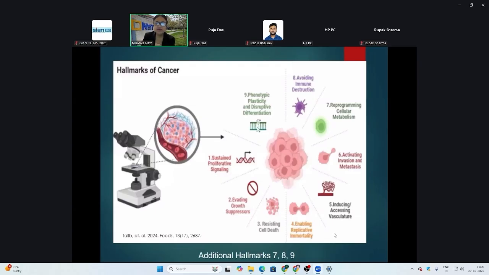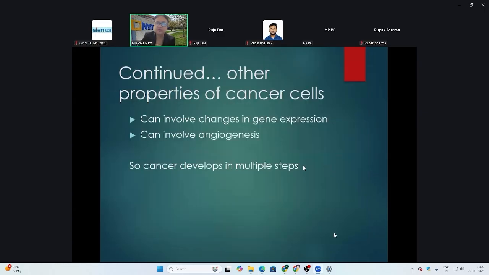And if we combine all of those multiple steps and add in further requirements, then we find out that throughout all the multiple steps, and including the tumor microenvironment, it seems to have additional hallmarks, additional requirements, hallmarks 7, 8, and 9. And so if you look at 7, 8, and 9, besides what we just talked about, besides what we just said,